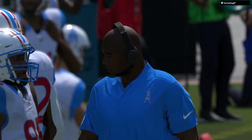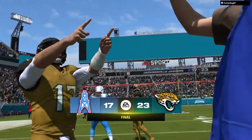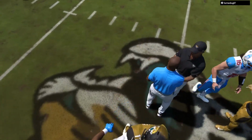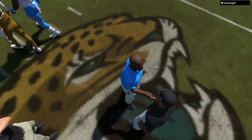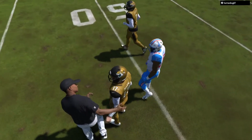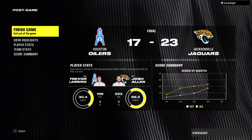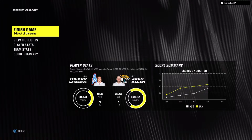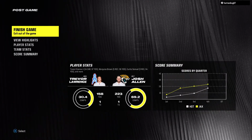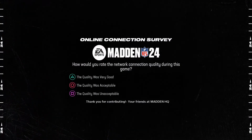Well, it took us until the final play, Charles, to officially decide a winner, although on that last play they were so backed up it would have taken a miracle, and they couldn't get that miracle done. Well, I like how you stayed with it because we both knew that this had to go down to the last play, and neither side was going to exhale until that play concluded because we've seen the improbable before. A couple of laterals, maybe some poor defense on the back end. They might have gone all the way to the end zone. In this case, though, it didn't happen. Perhaps next time. So for Jacksonville, it's an ideal start as they move to